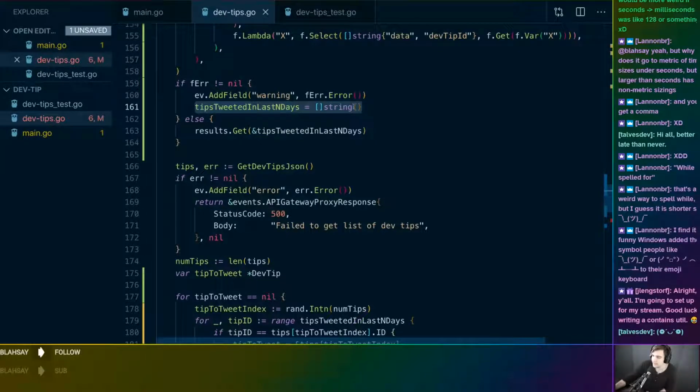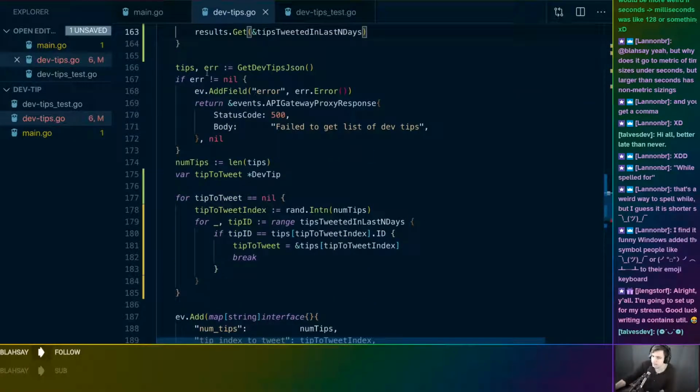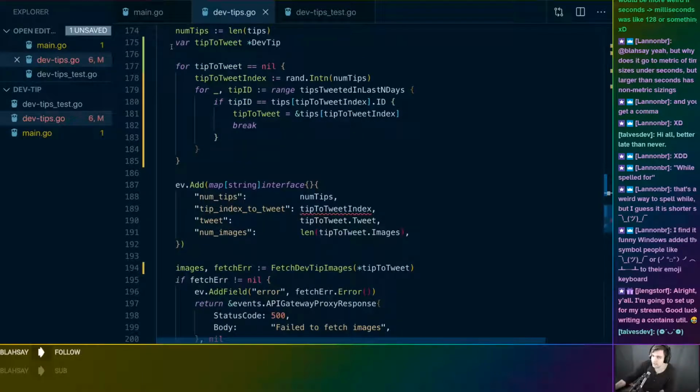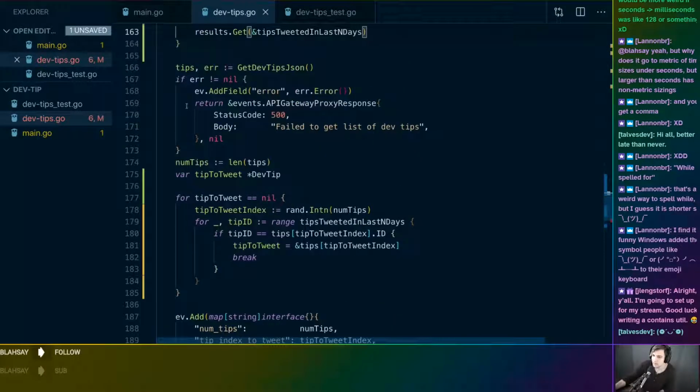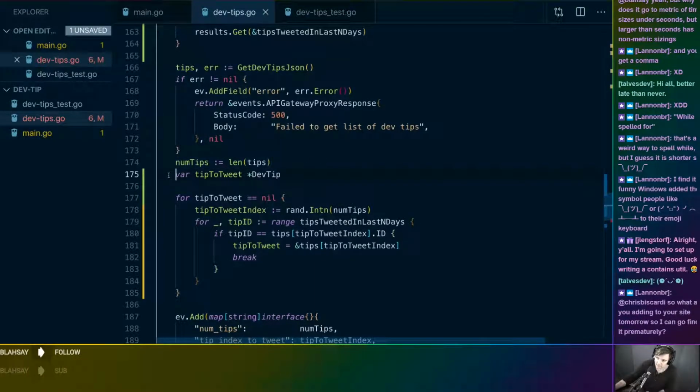And tips tweeted in the last N days becomes an empty slice. Otherwise, we take the list that we're getting back and we put it into tips tweeted in last N days using pointers and stuff. Then after we get the tips JSON from my site, and I'm doing this all basically sequentially, after we get the tips JSON and we get the length, the next thing we want to do,